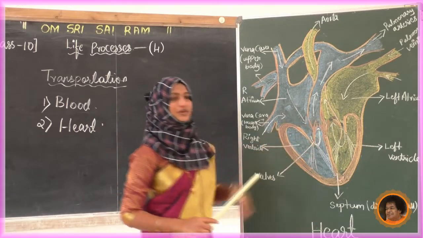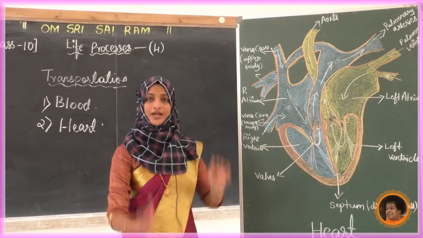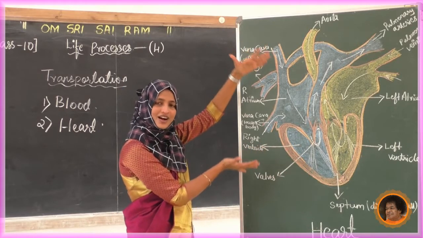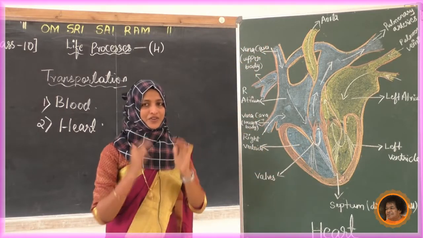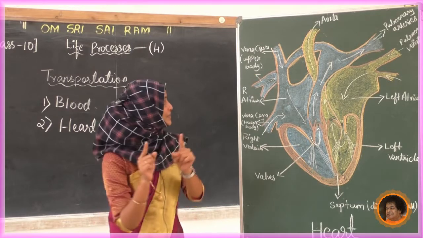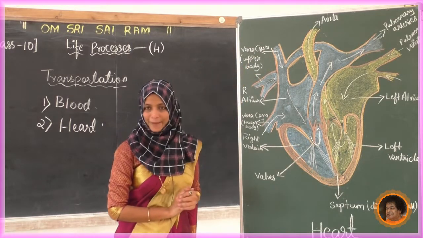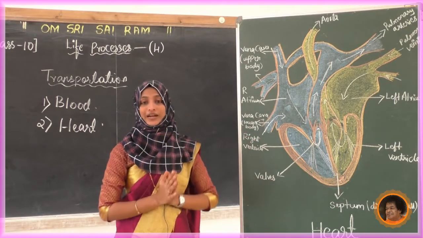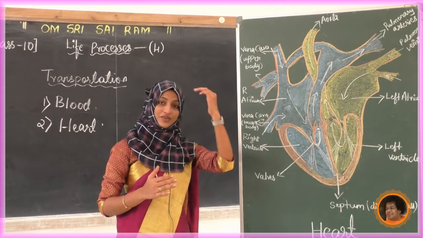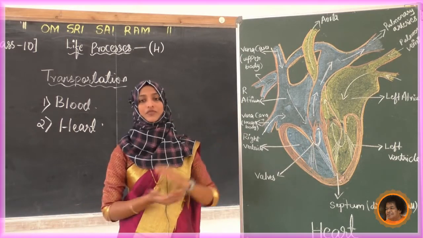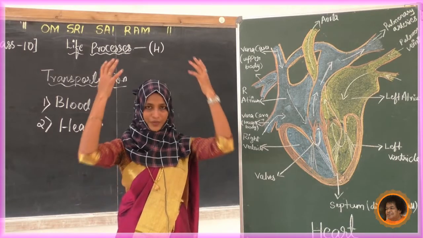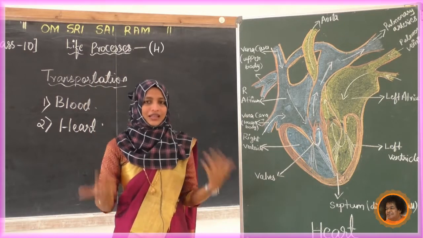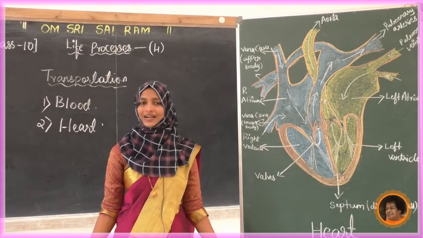Now next we'll move to the functions of all the pipes in our heart, and then the four chambers. First thing we have to remember is the vena cavae. What is it doing? We can see two different pipes of vena cava, because blood comes from the upper part of our body and from the lower part of our body. Upper means from the head region, and lower means from the legs and hands.